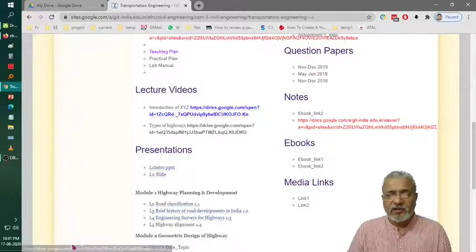You can see at the bottom here. If I keep my mouse here, a visible address is shown. So that means it is a hyperlink. If the student clicks on it, he can go to that individual lecture and he is able to see that. But if such codes are pasted for 40 lectures, this will look ugly.